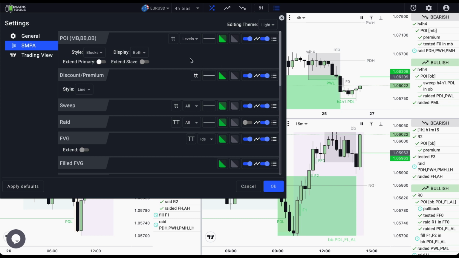The structural formations can have labels. Depending on formation type, it can have the following abbreviations. OB, order block, which can be based on mitigation, breaker, wick, or engulfing. MB, mitigation block, which breaks the structure without grabbing liquidity. Usually it's SMS, break of structure or structure continuation formation. BB, breaker block, which breaks the structure with grabbing liquidity.